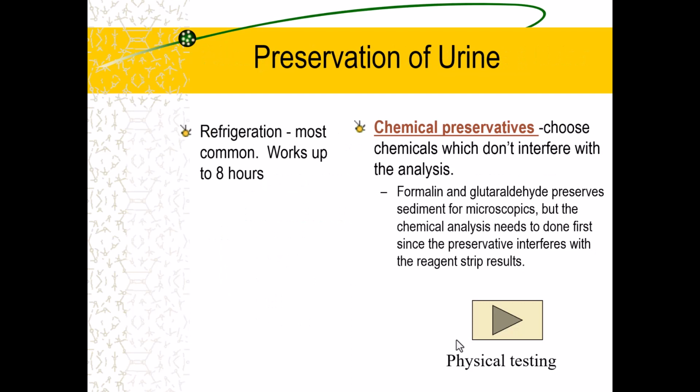So for preservation of urine, refrigeration works best. Up to 8 hours for sure. A lot of places might even go a few hours over, especially if you're a clinic and the urine comes in at like 6 p.m. and the lab is gone. It may sit until 8 a.m. the next morning. There are chemical preservatives,